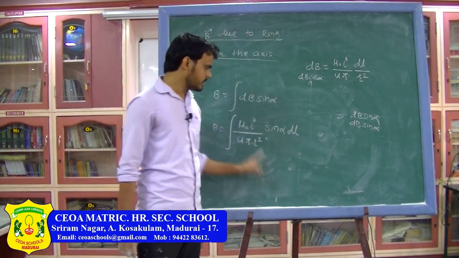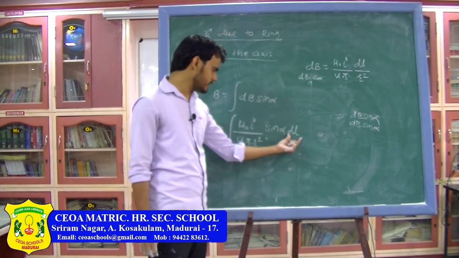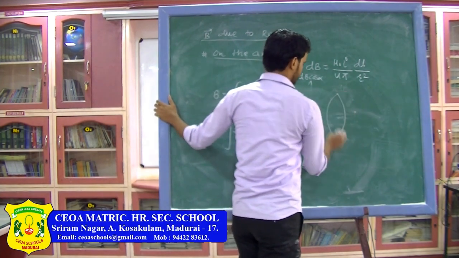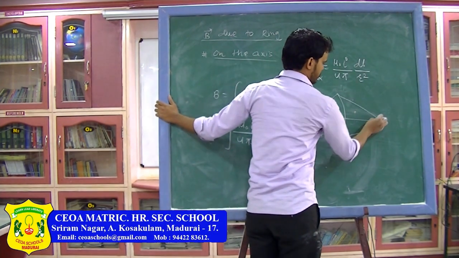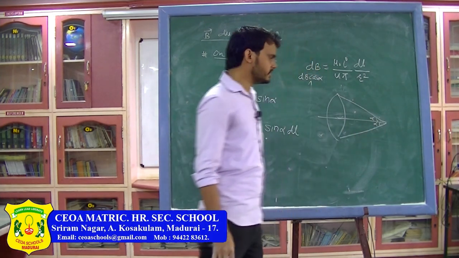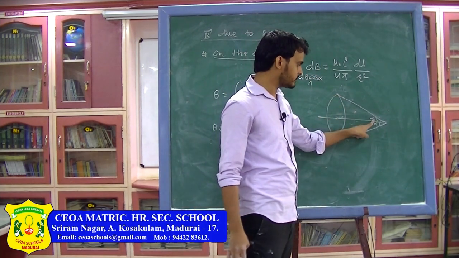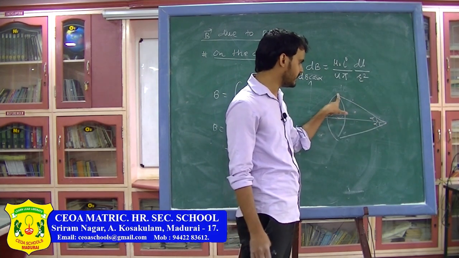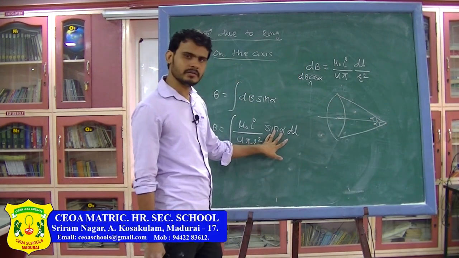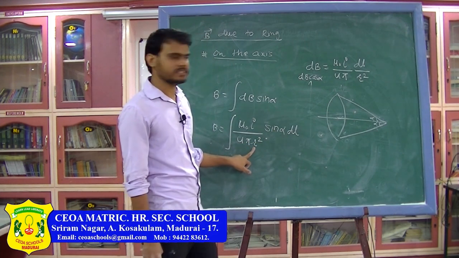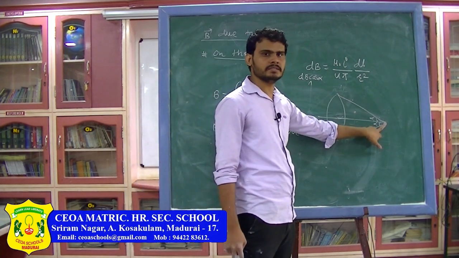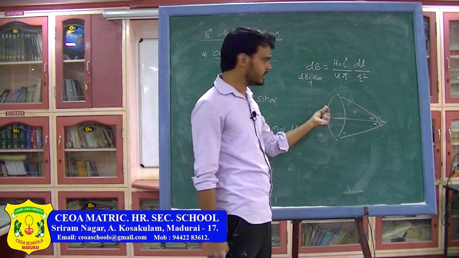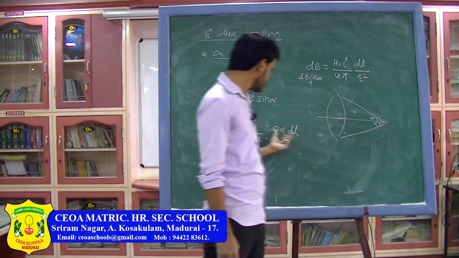Now, in this, here your variable of integration is dl, alpha is constant. If you see the diagram again, this angle is alpha. As you can see, for each and every current element, the magnitude of alpha will be same. So, alpha, which is the angle of this point and this current element, is same for all. So, alpha is constant. Similarly, r is the distance between the current element and the point on the axis. So, here this distance and this distance. Similarly, if you take a point here, distance of that point and this point will also be r.